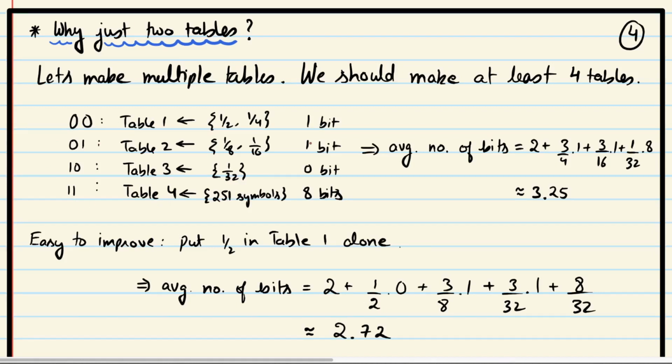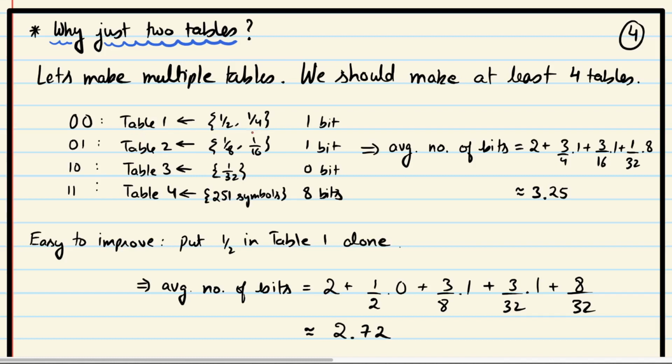And then you can try to think which symbols you'll put in these tables. At this point, I'll urge you to pause the video and try to think of this scheme by yourself. Try to come up with this assignment. How will you place the symbols across the tables, so that the average number of bits used to represent the symbol is as small as possible. Okay, I'll be giving this answer now, but I urge you to pause the video and think about it. Okay, so now that you have thought about it,